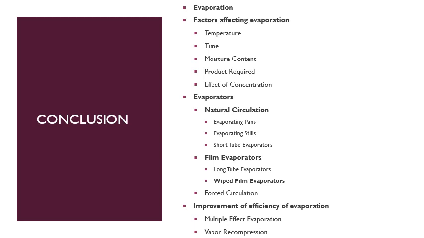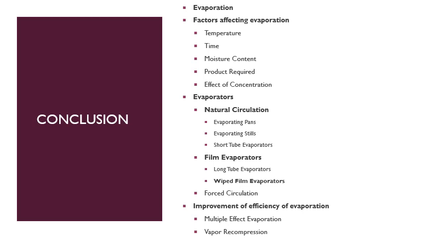While in the film evaporators, the collection of the tubes are about 7 meter in length, and their diameter may be about 50 millimeter. When the substance inside these tubes is heated through steam jacketed tubes, there will be film formation and rapid evaporation of the liquor. Now, as we have already discussed, they may be designed into three different types: the falling film evaporators, the climbing film evaporators, and the horizontal evaporators.